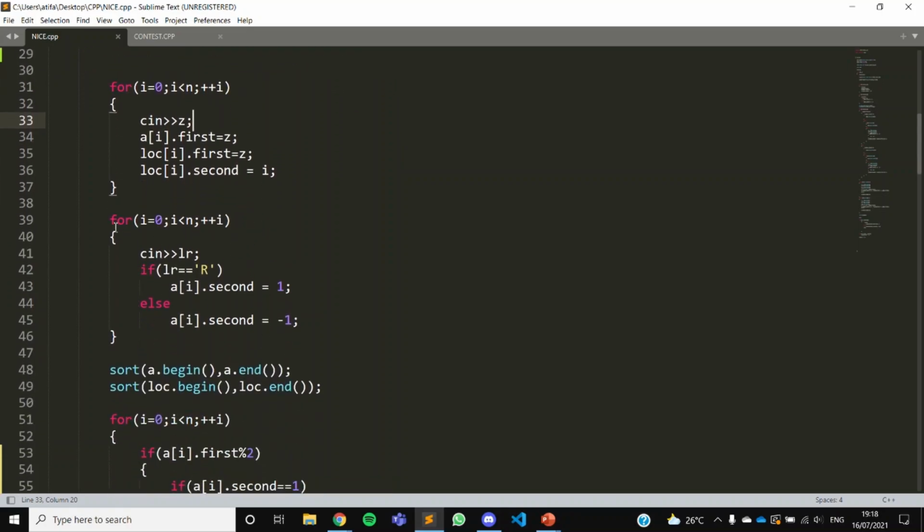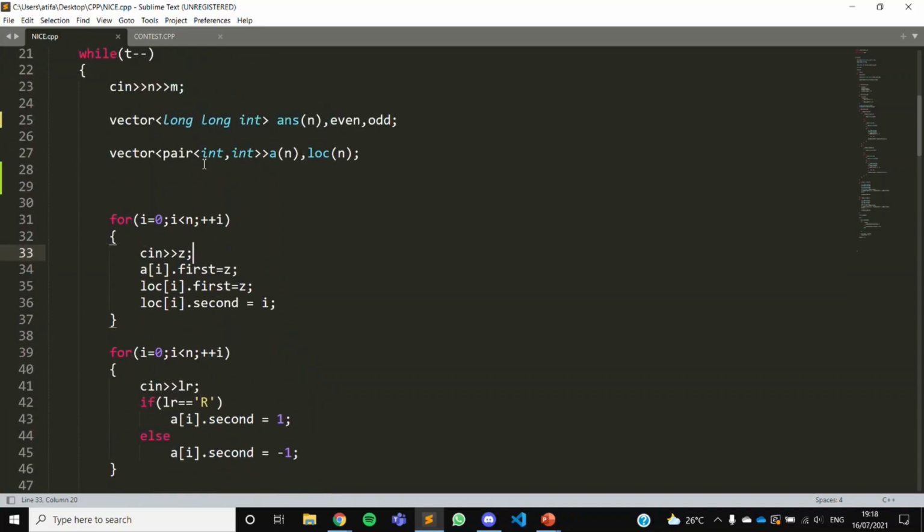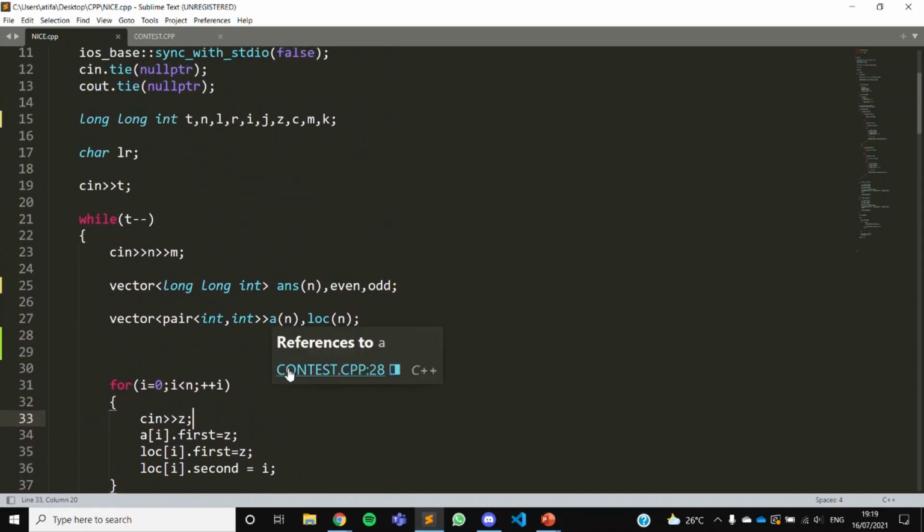After this they have given the input of the left and right movements of the robots. For right I'm keeping it as 1 and left I'm keeping it as -1 for the second value of the pairs. Since they have given that two robots will always be present in different locations, the first integer of the pair will be different for all robots.